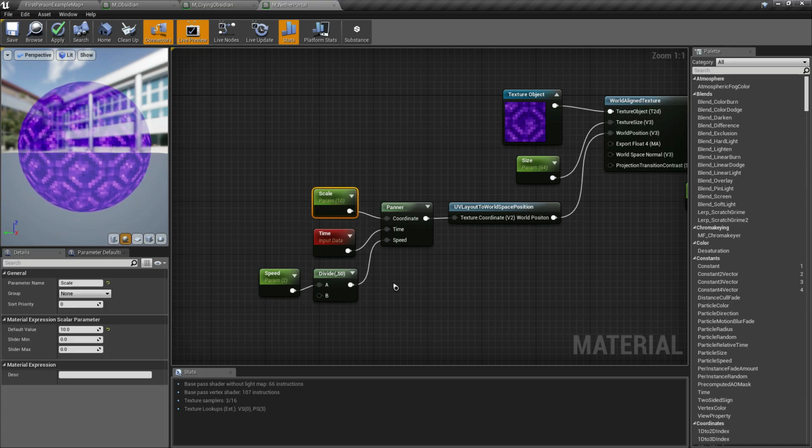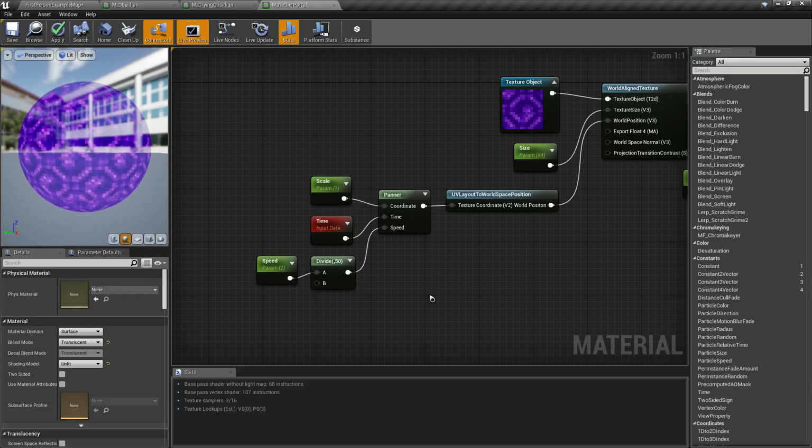And let's reduce the speed of the panner by 1. Let's reduce the value of the scalar parameter connected to the coordinate from 10 to 1.